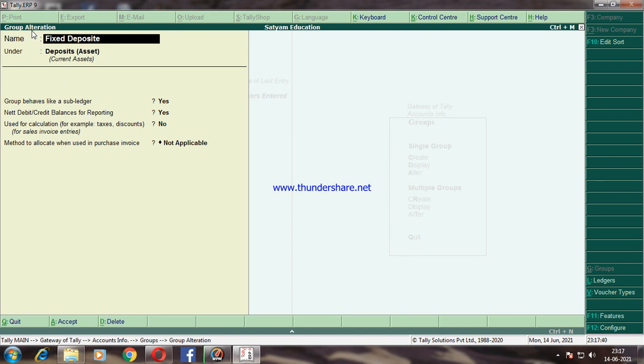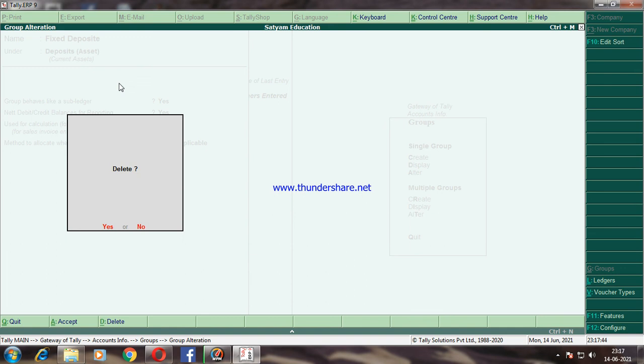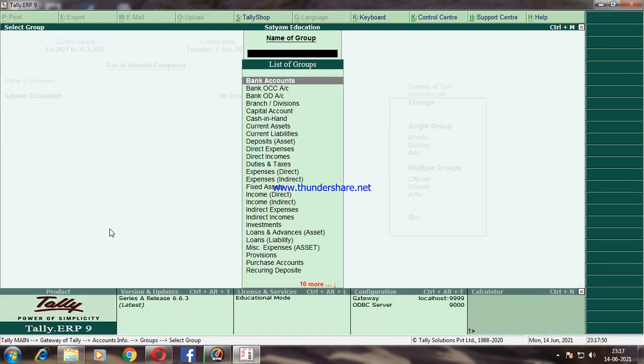Here when you come to the group alteration screen, press Alt D option, that displays the delete dialog box. Click on yes option. When you click on yes option, the group is deleted and disappears from the list of groups. See, here there is no fixed deposit, I have deleted it. Like this we can delete the group.